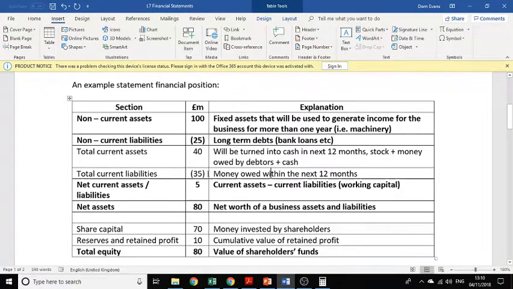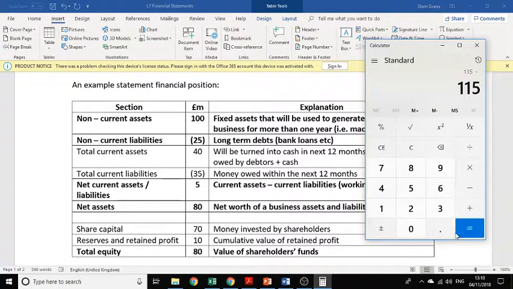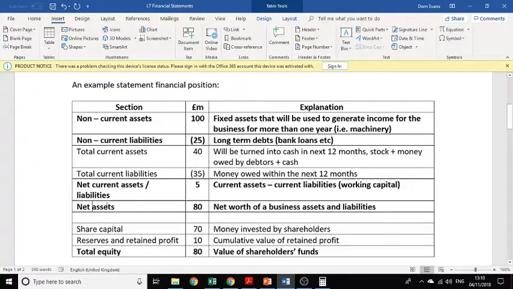The business also has current liabilities. So if non-current liabilities are long-term debts, this business also has debts that it needs to pay in the next 12 months. For example, maybe they've got trade credit themselves or something like that. So we have to take that off the value of the business because that 35 million is going to be leaving. That takes us down to 80 million. And we can say the net assets of this business is worth 80 million pounds. And if this business would decide to liquidate itself today, which basically means to turn itself into cash, sell all of the assets, pay off all of the debts, there would be 80 million left over, and its net assets are worth 80 million. So that is assets and liabilities.